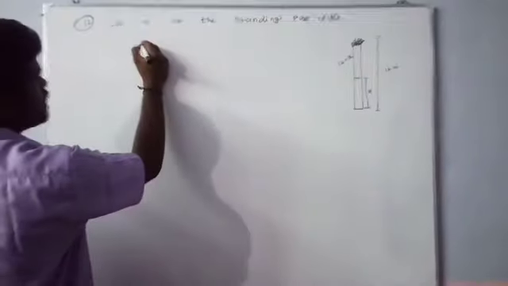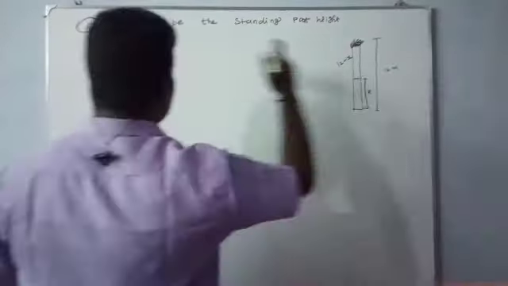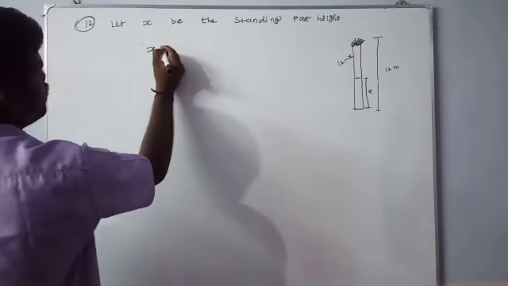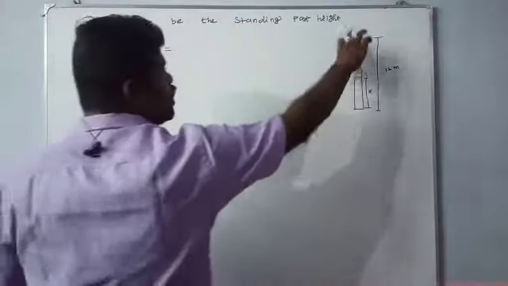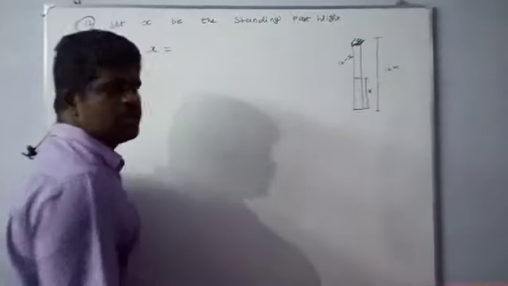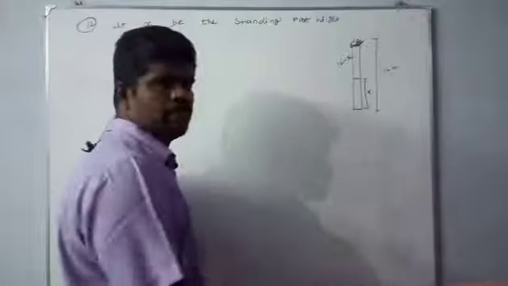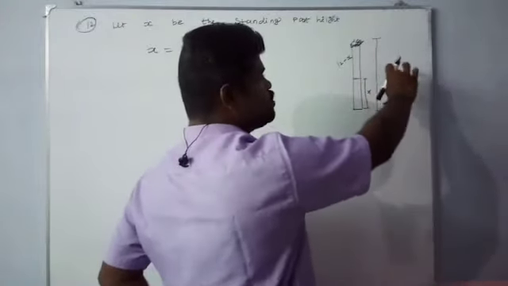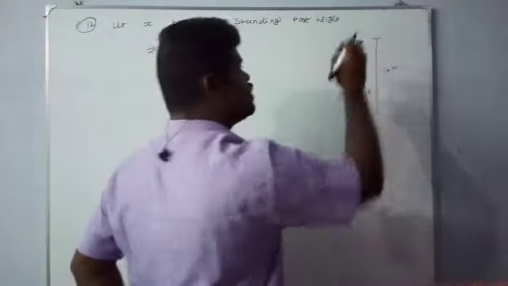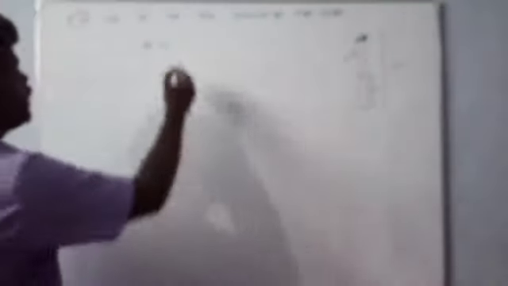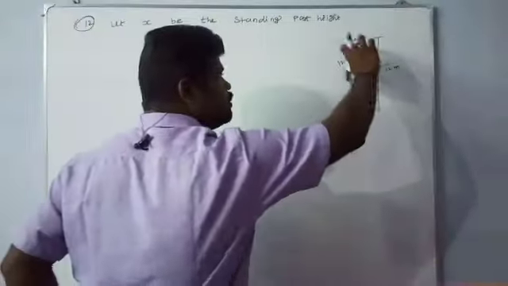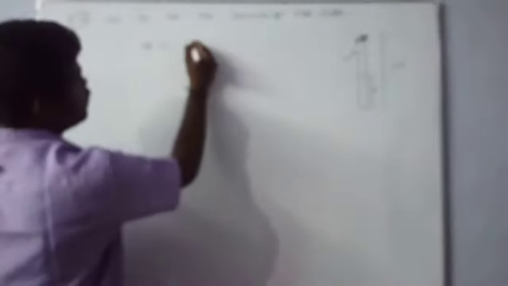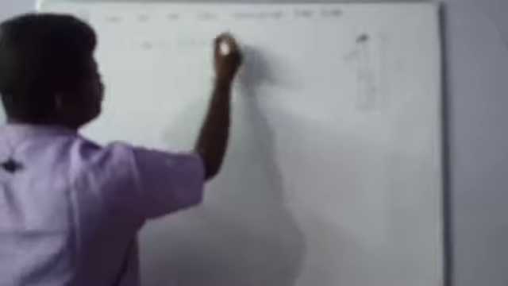So what is the given information? The standing part is equal to the cube root of the cut away part, the broken part. This must be the broken part. What is the length of the broken part? 12 minus x, because the complete height of the tree is 12. So the broken part is 12 minus x. So the standing part is equal to the cube root of the broken part. What is the cube root of the broken part? 12 minus x whole power 1 by 3. Now cubing.